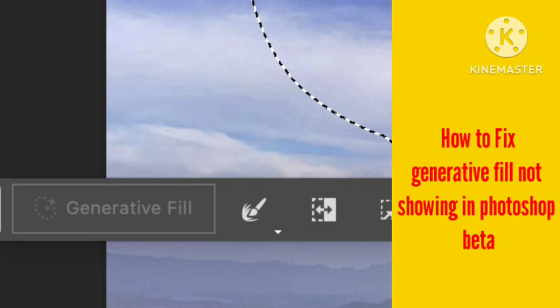So this problem arises if you are using the Photoshop beta. I have faced this same problem, but I have found the solution. You need to join the beta to fix this problem. So in the Photoshop app you need to join the beta, and after joining the beta your problem will be